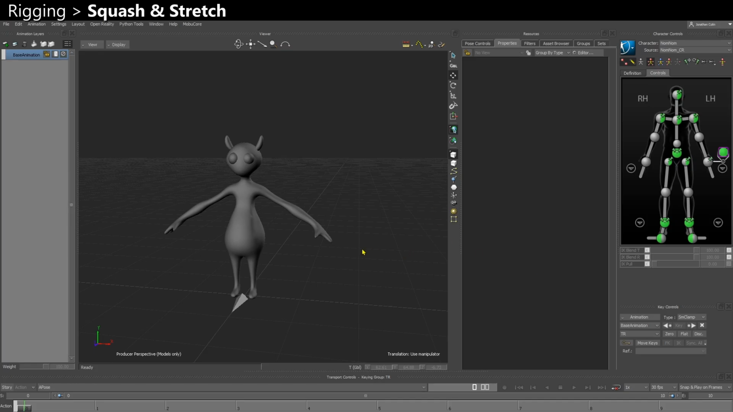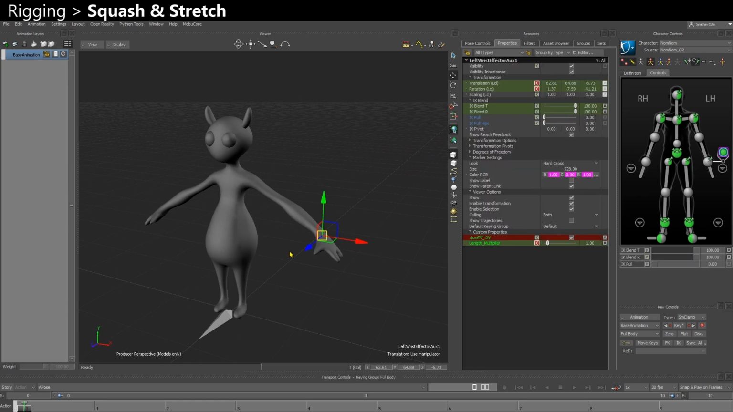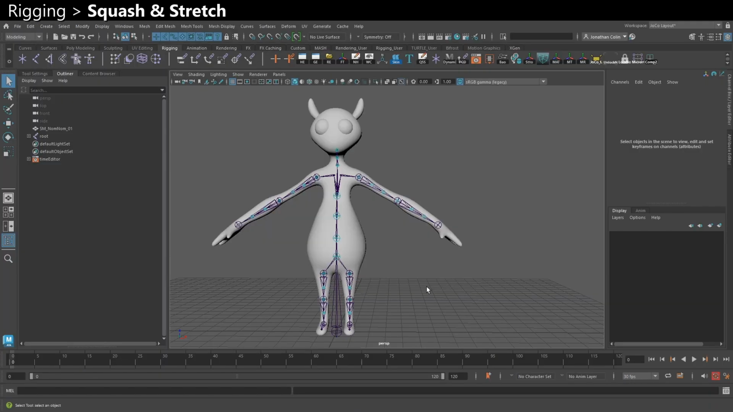Hello! In this new tutorial we're going to see how to rig a cartoony character using squash and stretch, which is when a limb tries to reach further than its original length. We're going to see in Maya how to set up the skeletal mesh so squash and stretch works well in